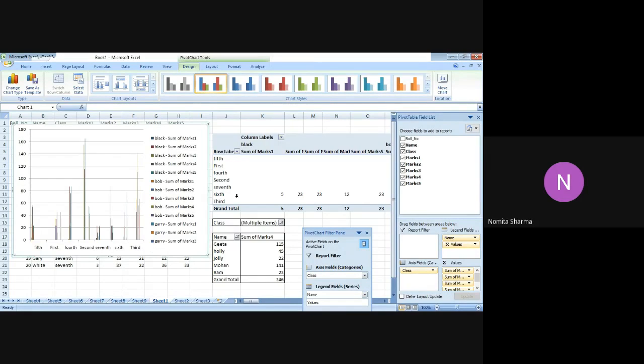Since we are doing this in a very small screen, the lines are appearing very narrow. But you can make out the different lines being shown in the chart for each individual class. On the left side, you can see the student names, in the horizontal axis we have the class, and vertically we have the marks. So this can allow me to make the chart also.